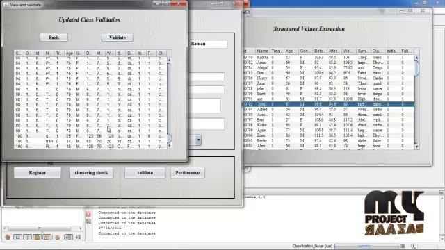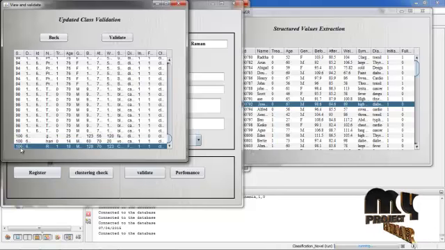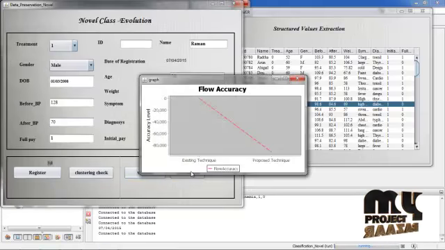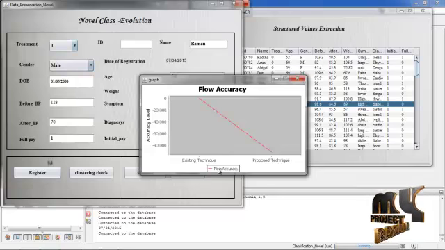Here the classification is entirely based on the initial elements. It shows the ID, the name of the patient and the treatment we have entered now. Performance shows the accuracy of the process, based on a comparison of the existing technique and the proposed technique.